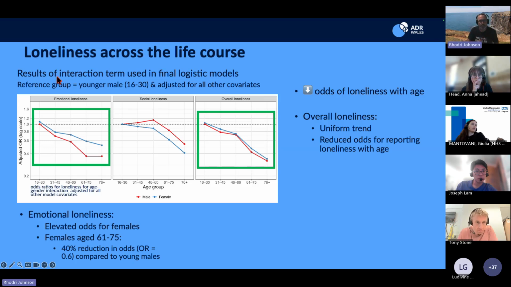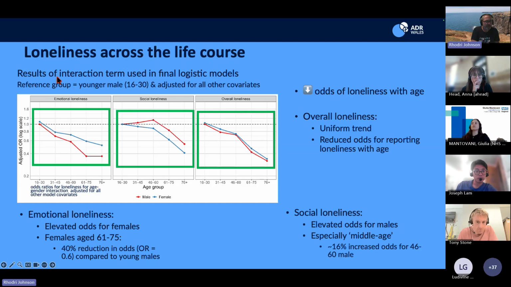Again, it's a similar downward pattern with some divergence towards older ages. And perhaps the interesting bit in this is that for social loneliness, this pattern is reversed, and males have a higher self-reported loneliness, and actually that danger age, middle-aged males, is often linked to higher rates of suicide and self-harm, etc. Loneliness, all linked in. That's showing some kind of signal there.